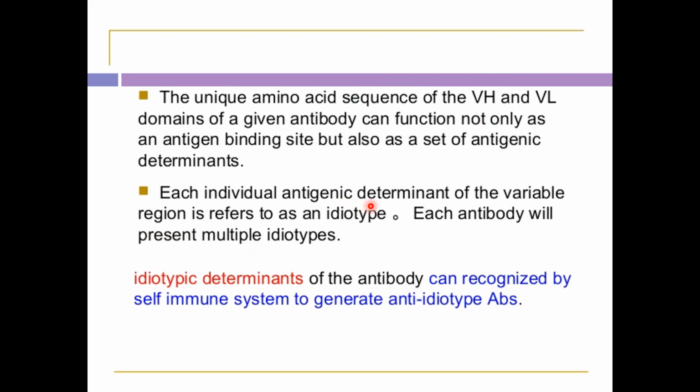Each individual antigenic determinant of the variable region is referred to as an idiotype. Each antibody will present multiple idiotypes. So idiotype determinants of the antibody can be recognized by the self immune system to generate